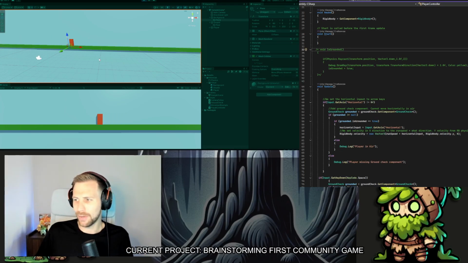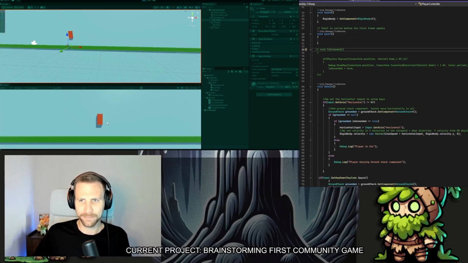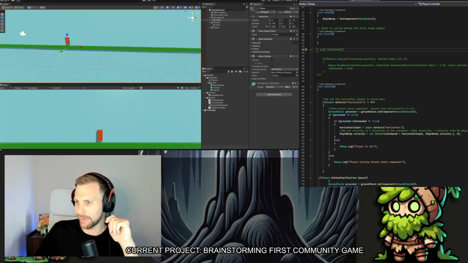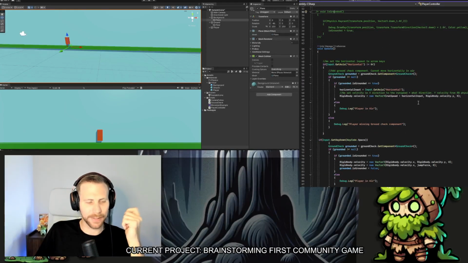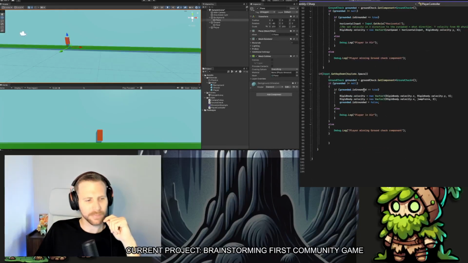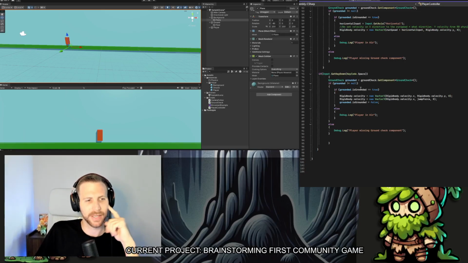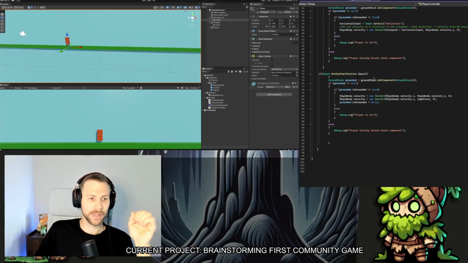My big problem is when we jump, we get stuck. I have fixed it so we can't jump a whole bunch of times, but I'm trying to figure out what's wrong with the physics, and I just can't figure that out right now. It should just check if it's grounded. First we're checking to make sure that we are on the ground because we're not having double jumps. So if we press the jump button, it checks to see if it's grounded. If it is grounded, then